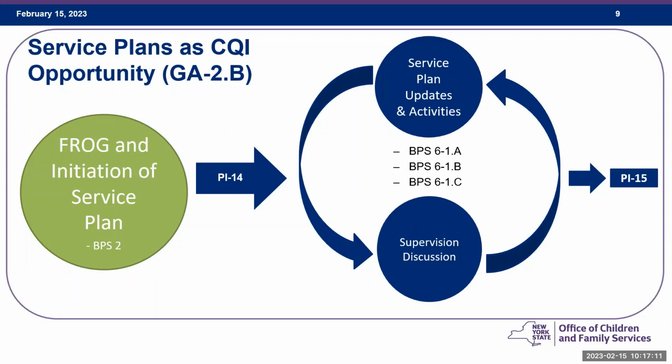This then leads into this cyclical process that we're supposed to be seeing, with service plans being updated and the activities based on the service plan being updated based on conversations that are occurring in supervision, which will then again lead to more updates and activities, again, leading to this whole reiterative cyclical process here. And as a result of that, it ultimately is leading to the performance indicator 15, where we really would like you to have an in-depth conversation between the home visitor and the supervisor